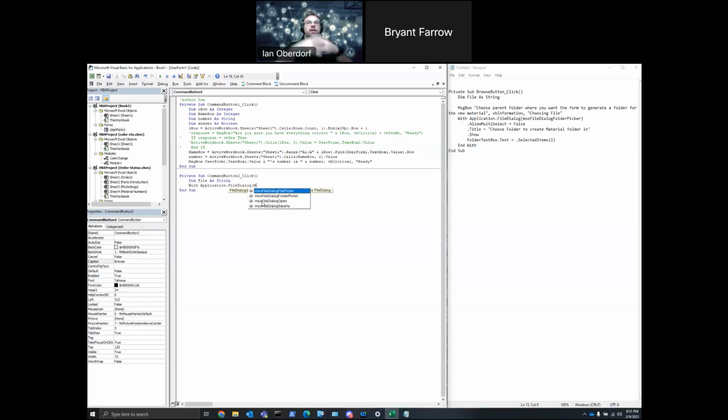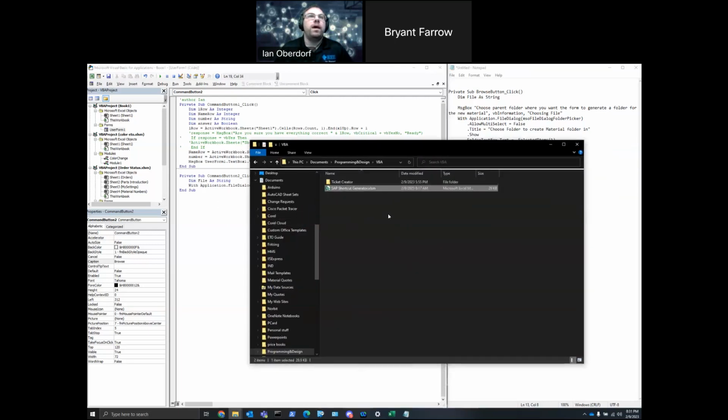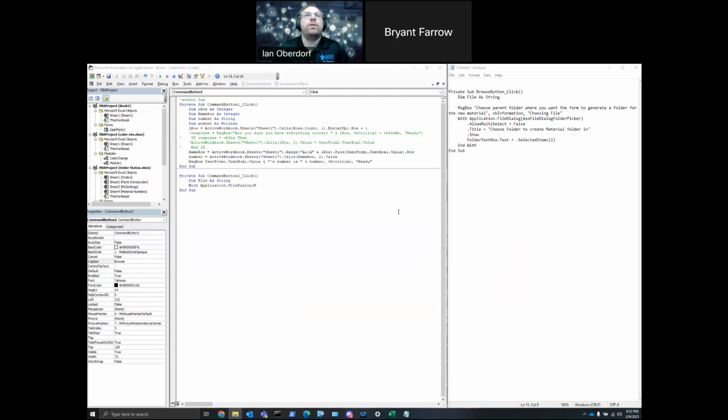And what's going to happen is it's going to open up an Explorer window, and whatever file, it's going to let me go until I click at a file. Once I found that file, I click open, and then it's going to open that file for me. In this case, we're going to open a file dialog so we can pick a folder to generate. So MSO file dialog folder